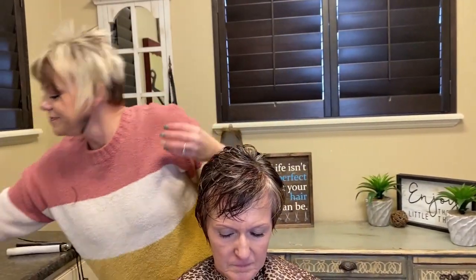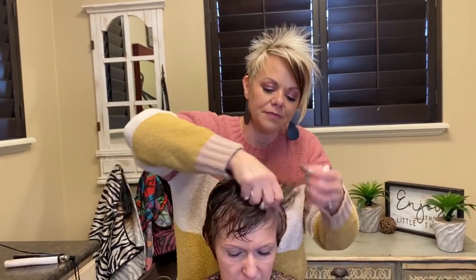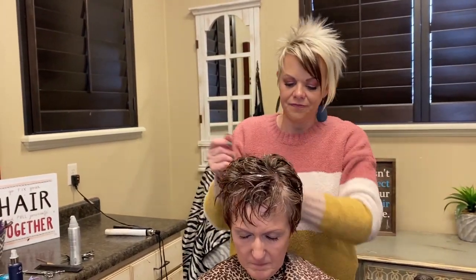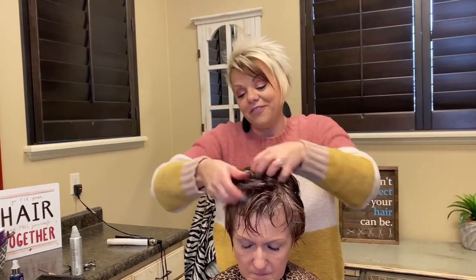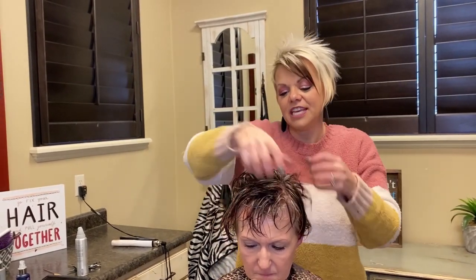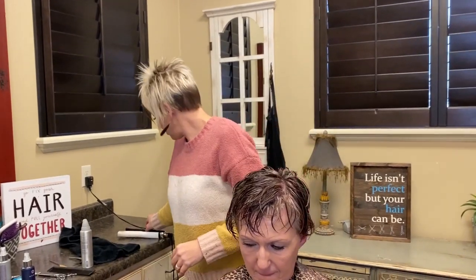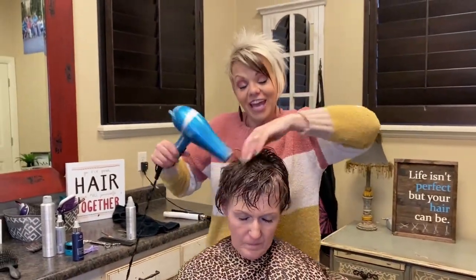Okay, now for styling, root lifter, mousse, and then when I get done, if I feel like we need any more texture anywhere, if it feels thick, we will get it. But I'm gonna make sure before I do too much. It's always easier to do it once it's dry. Okay, gonna make sure my flat iron's on. Okay, and then the back,